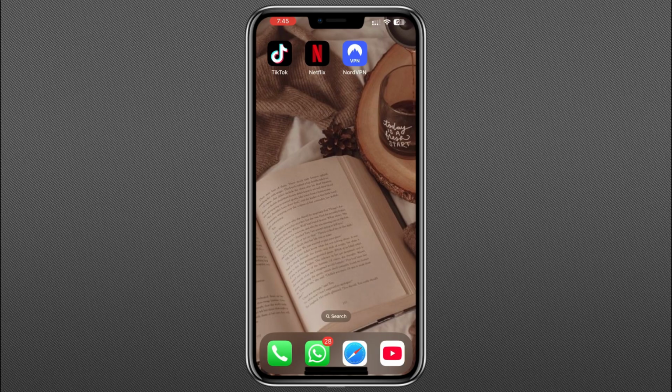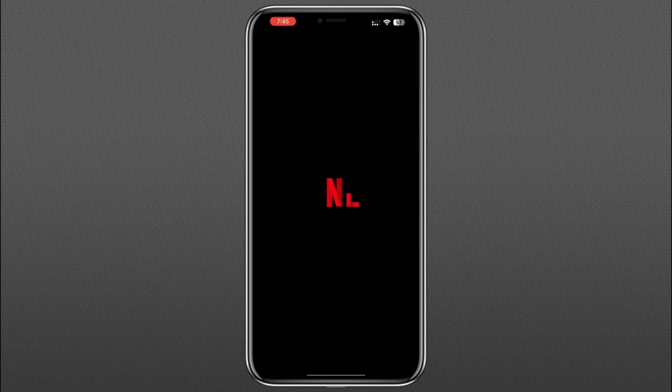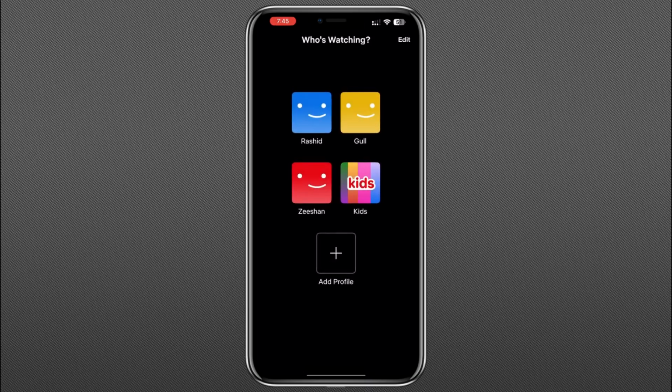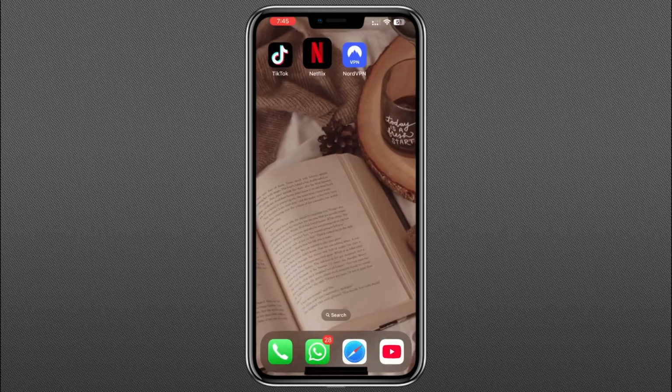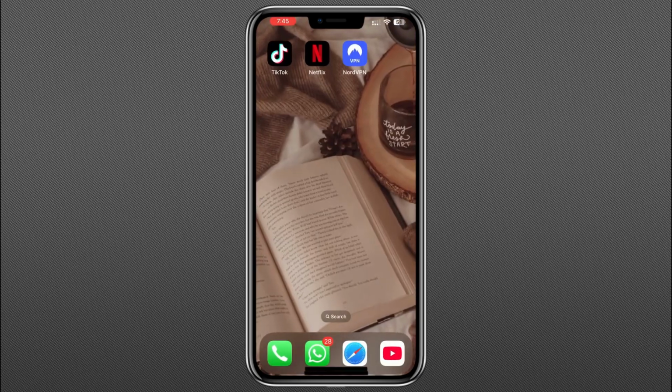To get started, open your web browser. Sign in to your Netflix account by clicking the Sign In button in the top right corner. Enter your credentials and choose your profile. Once you've signed in, close the Netflix page for now because we'll need to set up a VPN to change